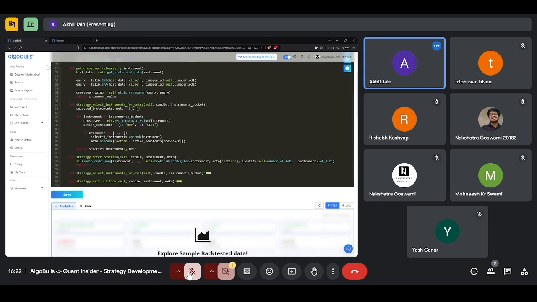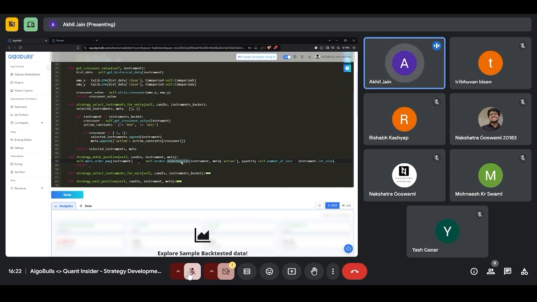So as you can see here in enter position, I'm just saying variable. I'm giving a key because it's a key value pair, a dictionary, if you know about this. So I'm saying variable, I'm giving the key, which is, out of the 5, this is one of the instruments, and I'm saying place an order. There are some values here, but the first value is what you want to place an order on. The second value is whether it's a buy or a sell. Since I already have meta here and the same meta I've gotten here, I'm just accessing the action of that. As you can see here, I had saved it as action and then something. This is again a key value pair. So this is a key, this is a value. I'm doing the same thing here.